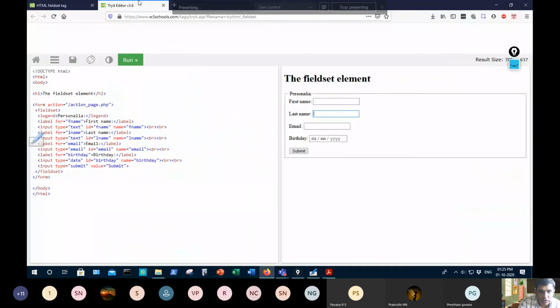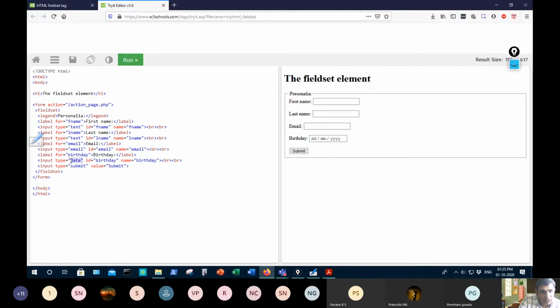So this is what the code looks like. The first name is a text box, last name is a text box, email is again a text box, then birthday is a date field. We will see how to create a date field. The same input tag is used to create a date, where input type is equal to date instead of text.